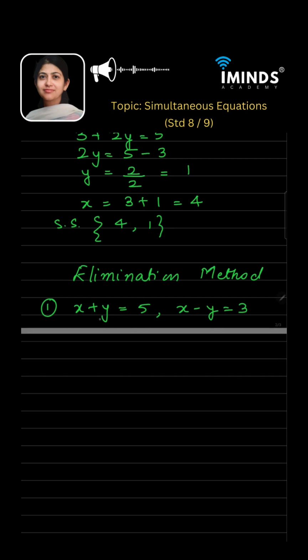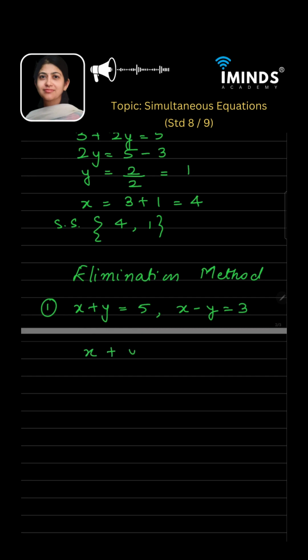Okay, so what you have to do is here you are having two variables, correct, in both the equations. So it is difficult to find the value. Now what we will do is we will eliminate one variable. So first आपको select करो, आपको कौन सा eliminate करना है. चलो इसमें अभी मैंने सोचा मुझे y eliminate करना है, ठीक है.